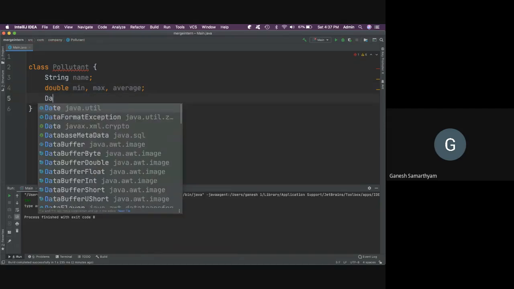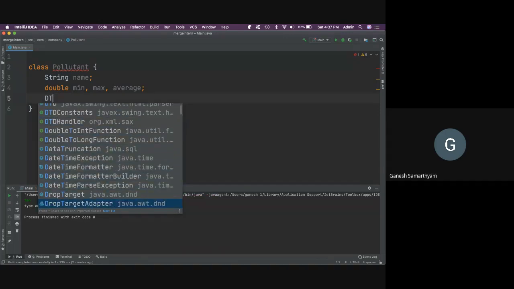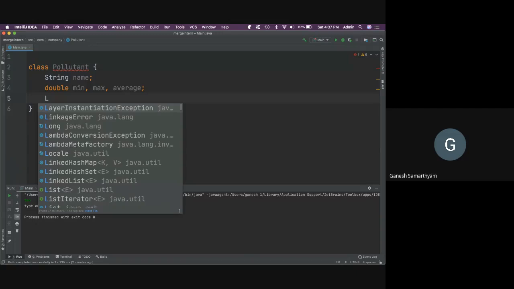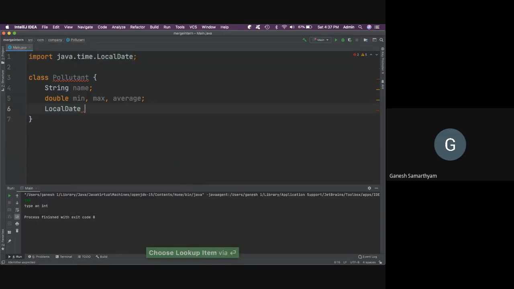Or make it date time, so I can say dt, local date time, or local date. Yeah, local date, and create the variable.